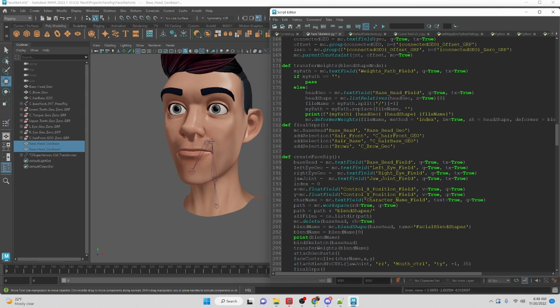mc.base head, or sorry, let's create a variable. Base head is equal to mc.field, text field, underscore field. And then we're going to say query equals true, and text equals true. So that gives us the base head, and then I'm going to copy this,